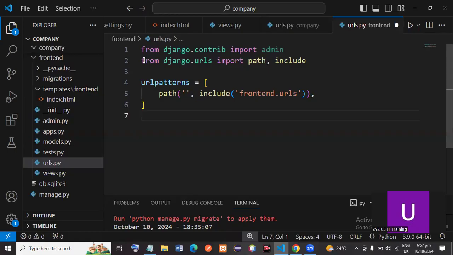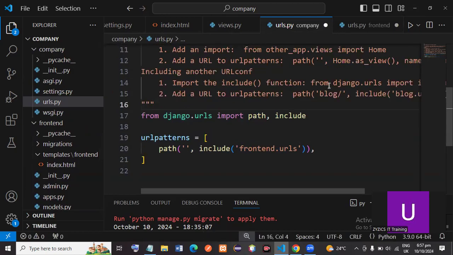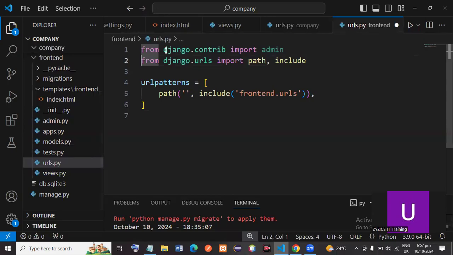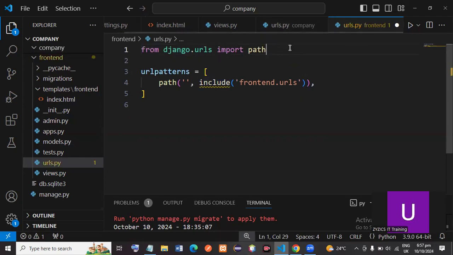This is fine, but admin is not fine. Here we are supposed to remove the admin. We don't need the admin for now, right? We'll talk about that later so that it won't be confusing. So we remove the admin as well here. Okay. And here we don't need include. So we have path there, and we have